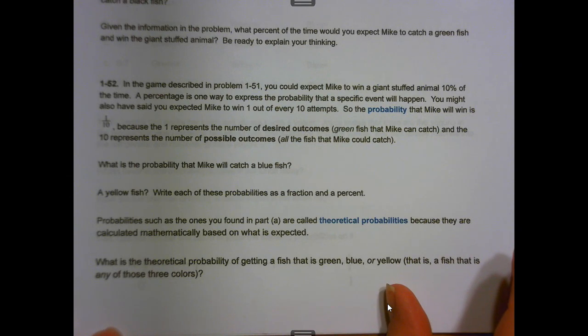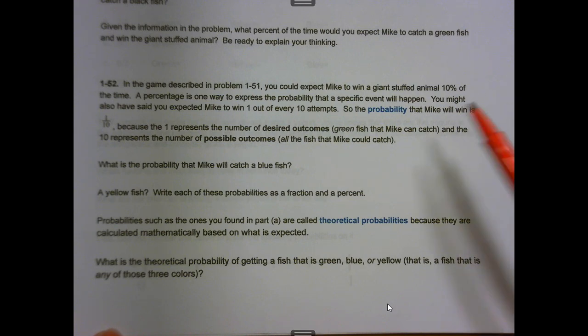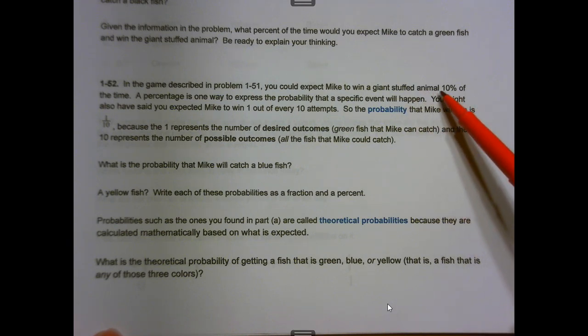Let's get started looking at lesson 121, problem number 1-52. I asked you in the last video to go ahead and finish the problem 1-51 that's called Go Fish. Well, in that game that you were working on, you could expect Mike to win a giant stuffed animal 10%